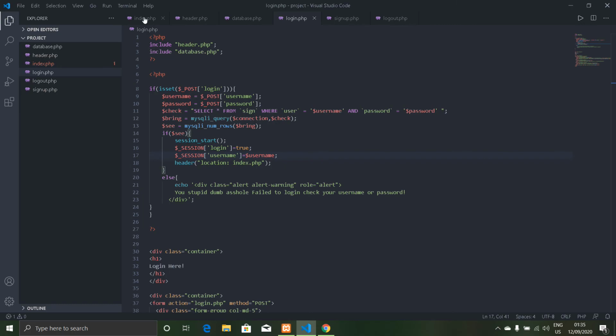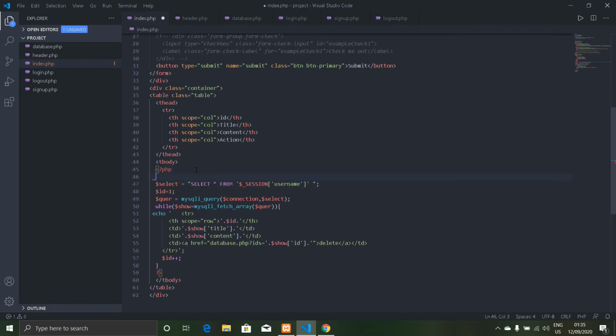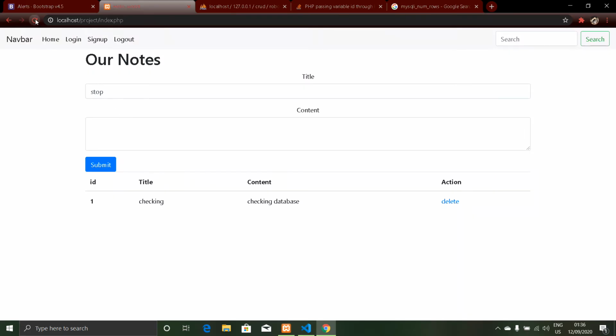So now what I'm going to do is simply make a table equals to toggle_session, and here what we are going to do is... so I think the problem is solved. So now if I reload this,